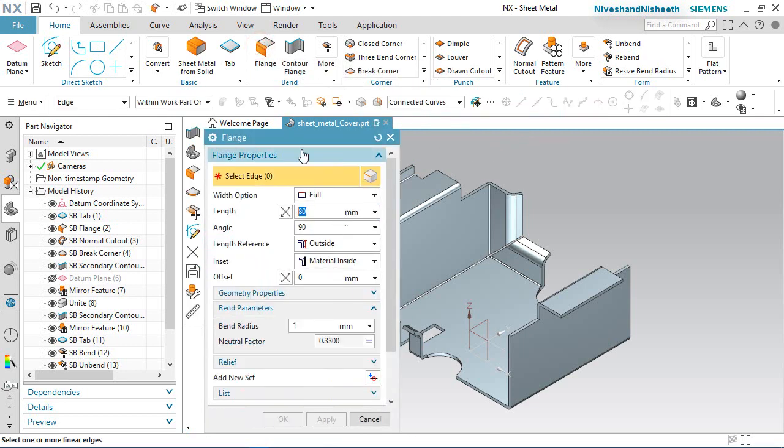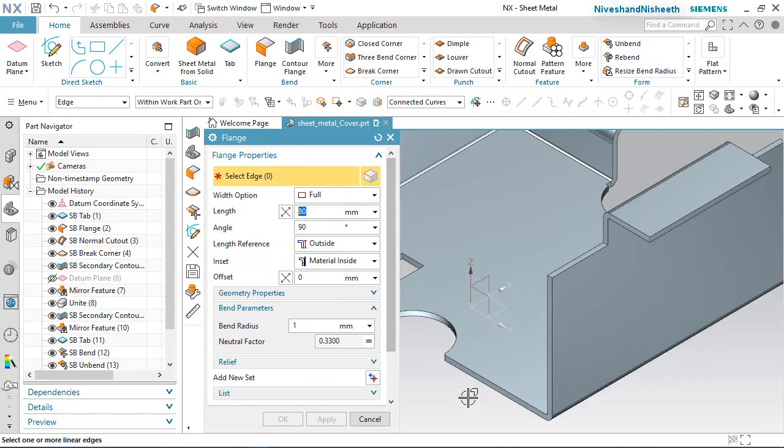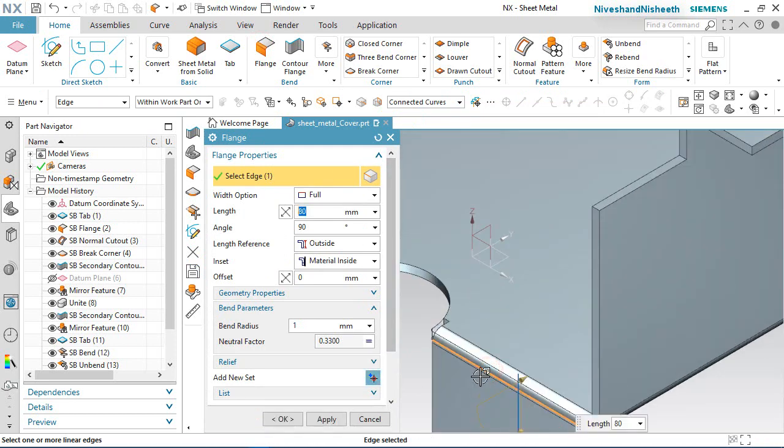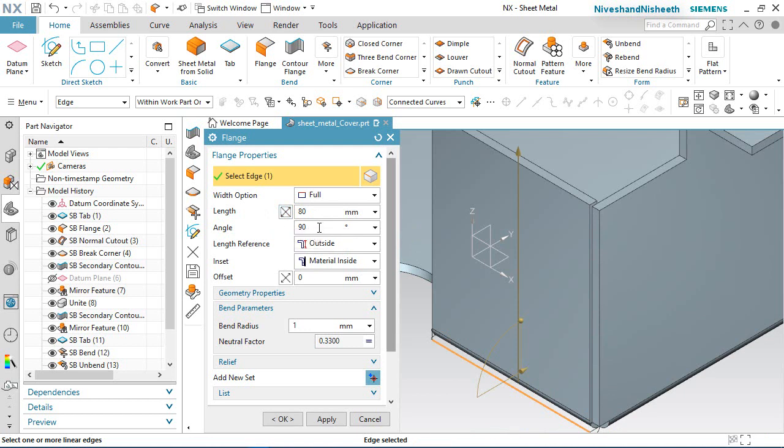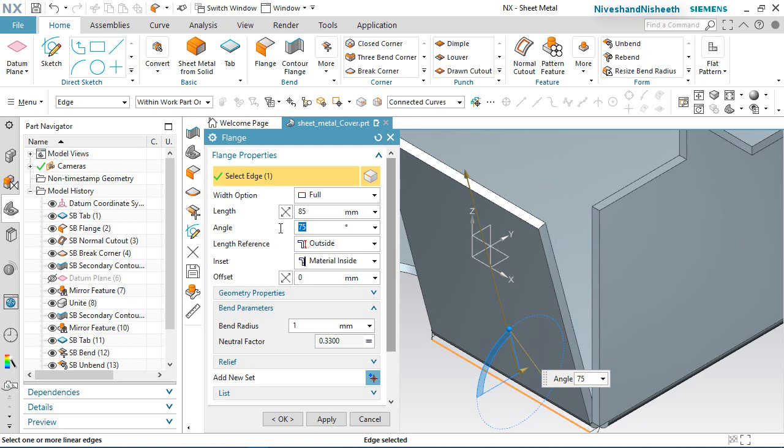Now activate the flange tool. Select the bottom edge. Choose reverse direction. Set the length value 85 mm and set the angle 75 degree. OK.